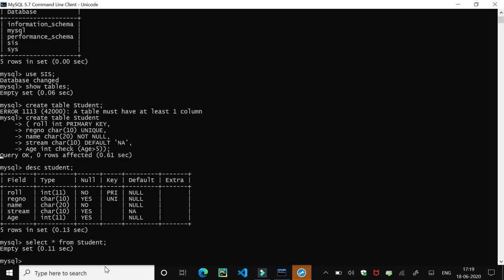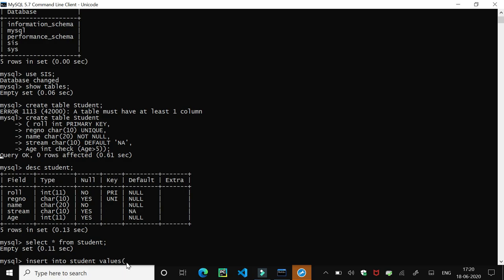So the command is insert into the name of a table, that is student. Then we need to enter values, then parenthesis. Now when we are going to give the value directly to the row of a table, we need to follow the sequence of fields as defined in the table.